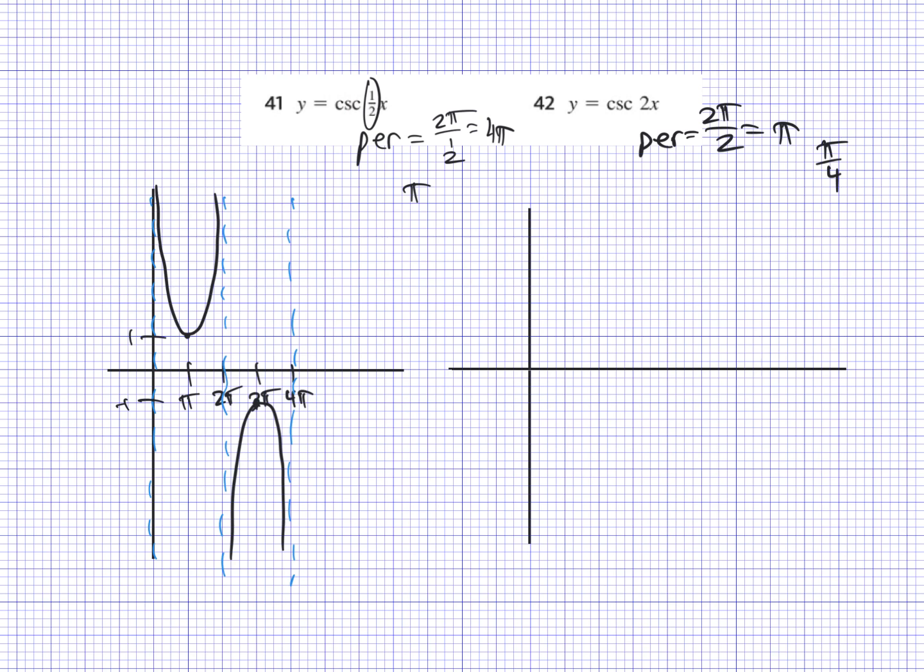So start at 0, and it's every pi over 4. So pi over 4, 2 pi over 4, 3 pi over 4, and pi. Put your asymptotes in. And our amplitude is 1, -1. And now we put our cosecant curve in